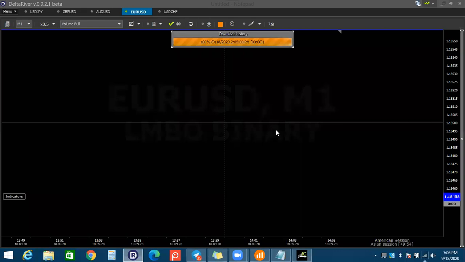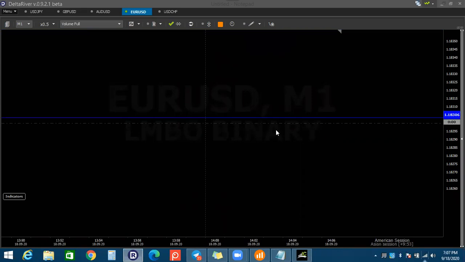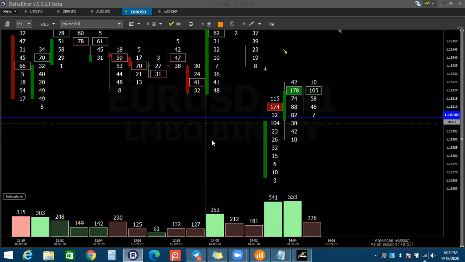Okay, just open it, brother. Which broker are you using? I'm using MT5 ICM Markets, and on another computer, ICM MT4. This is my laptop. I'm not using it on this PC. There is another GPU system I'm using for that, which is a very high speed system. That's why I made the Delta River only on that system. Okay.